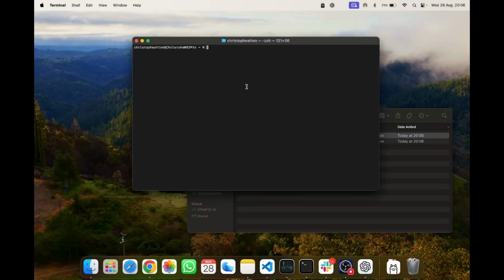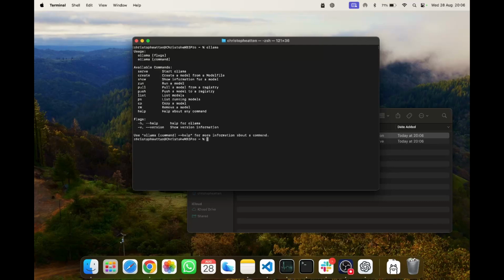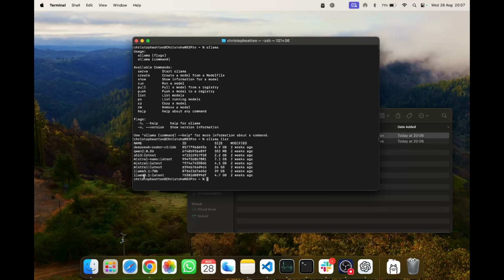So let's try it out. In the command line, you can just enter Ollama, and there you see which commands are available. You have run for running a model, list to show the list of models. As I've already played a bit with it before, let's check which models we currently have. We have our Llama 3.1, the 70 billion, Mixtral, Phi from Microsoft, and Deepseek-Coder. Let's try it out to see if it's working. Llama 3.1,